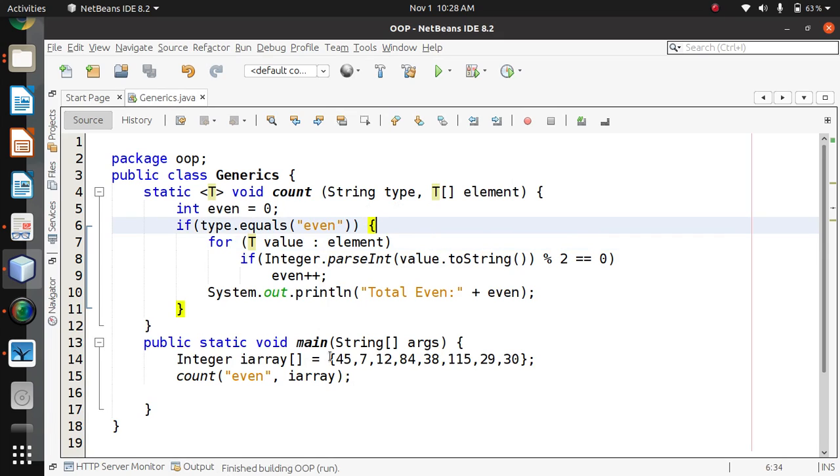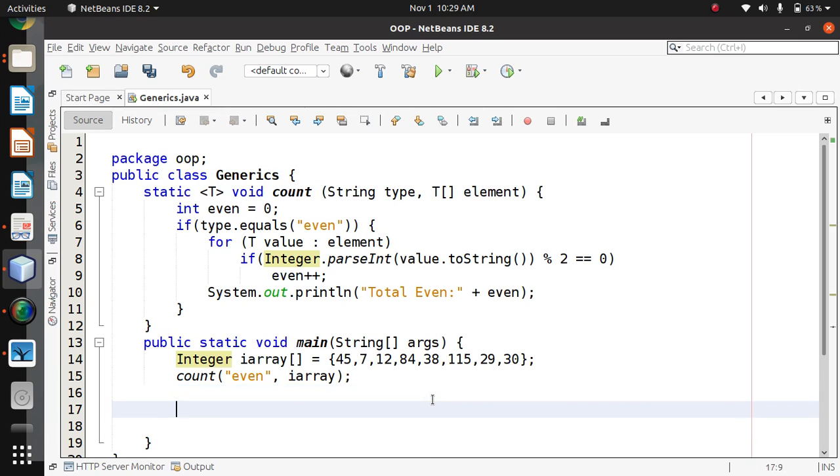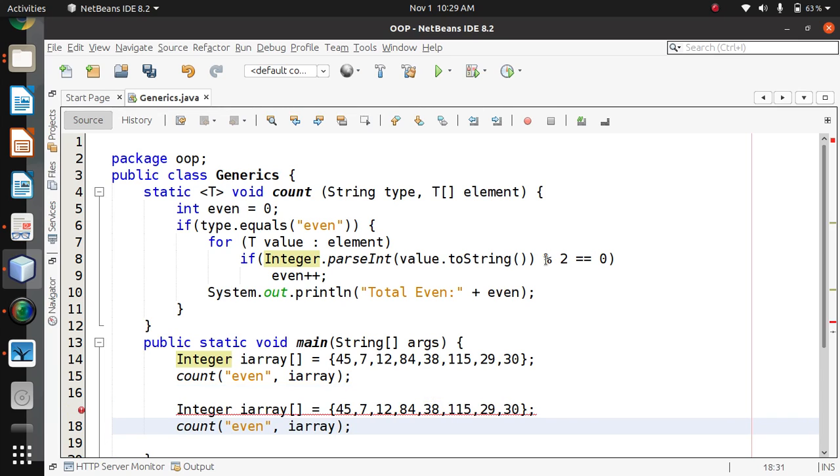Now a common example I have done here, the parameter is t given there. It's generic actually, just like a template, you know. So I'm using integer currently. So let's change this, change the data type. Make it compatible to integer only, because here I am doing the mod by 2. So let's create the byte array.